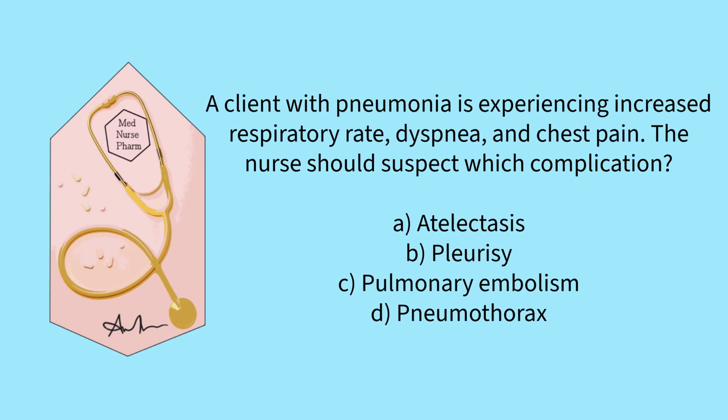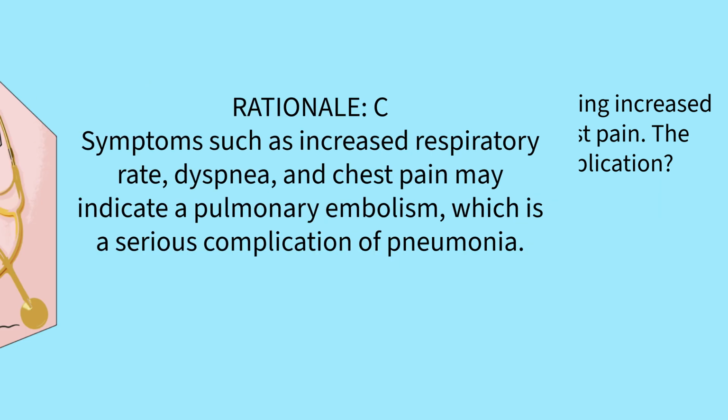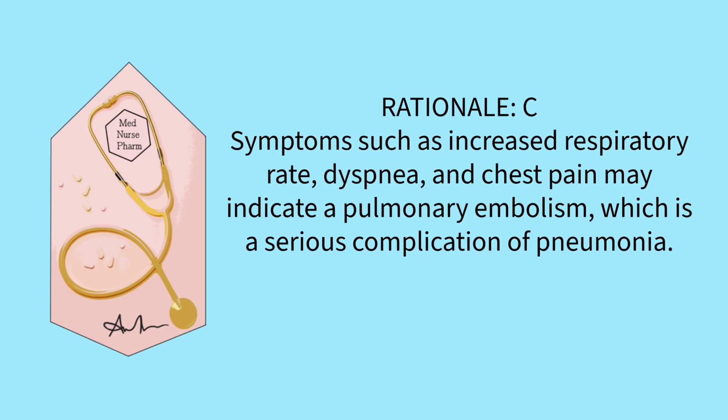absorption. A client with pneumonia is experiencing increased respiratory rate, dyspnea, and chest pain. The nurse should suspect which complication: atelectasis, pleurisy, pulmonary embolism, or pneumothorax? The correct answer is C. Symptoms such as increased respiratory rate, dyspnea, and chest pain may indicate a pulmonary embolism, which is a serious complication